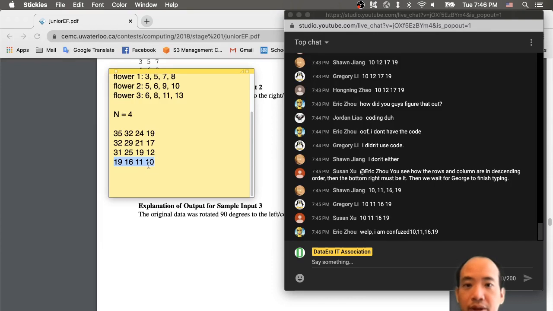Or it should be this one, because this table can only rotate like this. Hopefully you can figure out what I'm talking about,